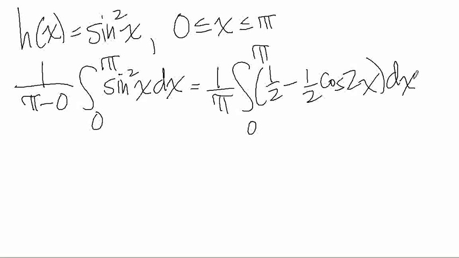All right, so finding the antiderivative of the cosine of 2x would involve u substitution. Okay, I invite you to work that out. I'll tell you the answer you would get, but I won't work it out right now. But you will get when all is said and done, 1